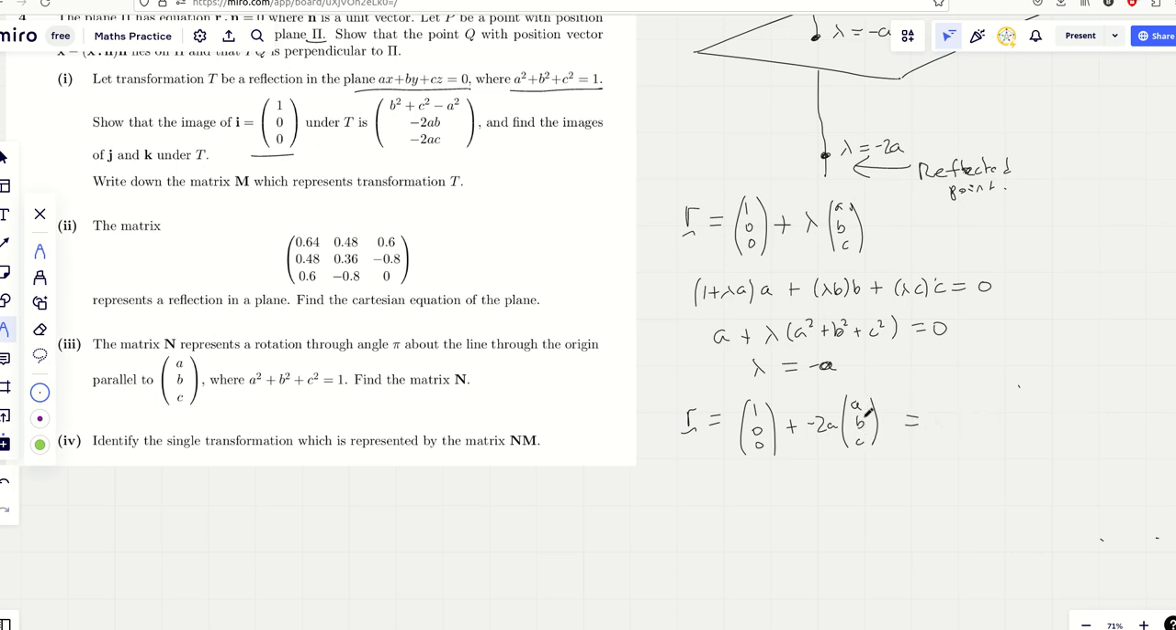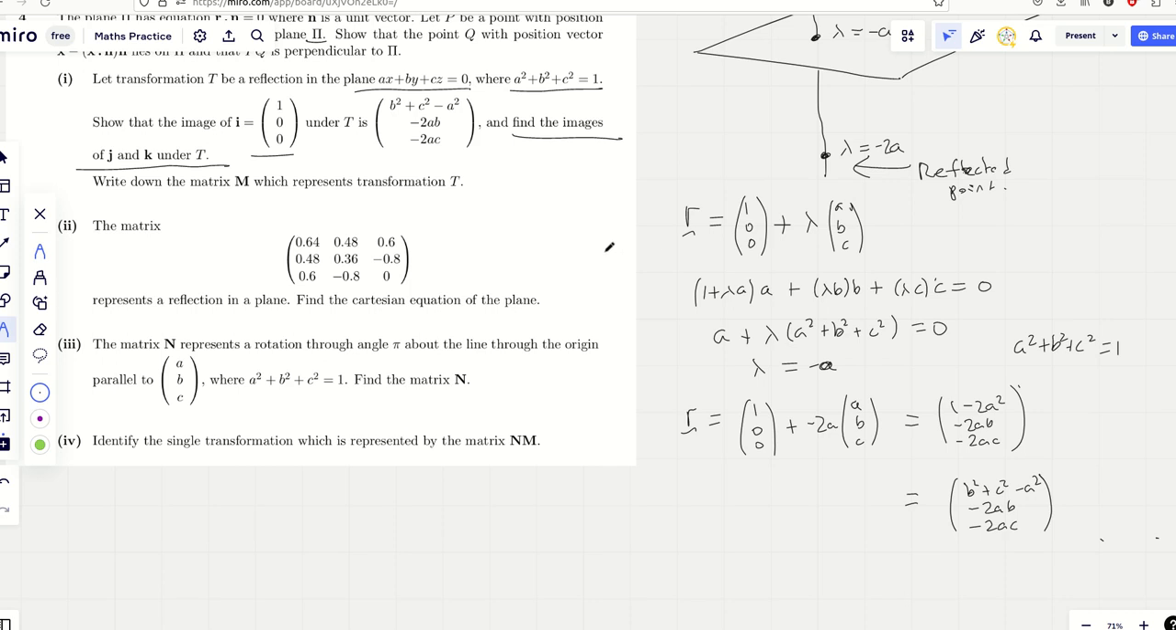Now that gives me 1 minus 2a squared here, that doesn't look so good, but then minus 2ab, minus 2ac. Whereas minus 2ab and minus 2ac look fine, this doesn't look so good until you remember that a squared plus b squared plus c squared is 1. And so if I plug that in there and take off a 2a squared from it, I get this. And so I can just say now that that equals b squared plus c squared minus a squared, minus 2ab, minus 2ac. Okay, so we've done that, and then it just says find the images of j and k